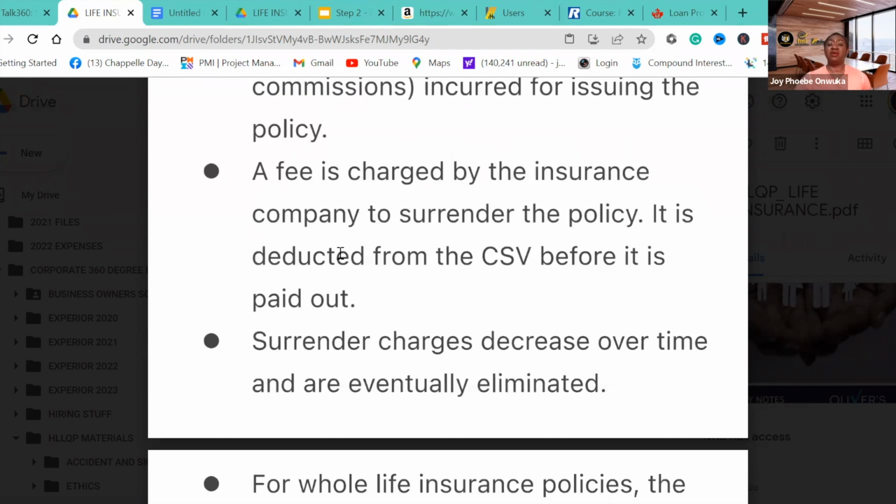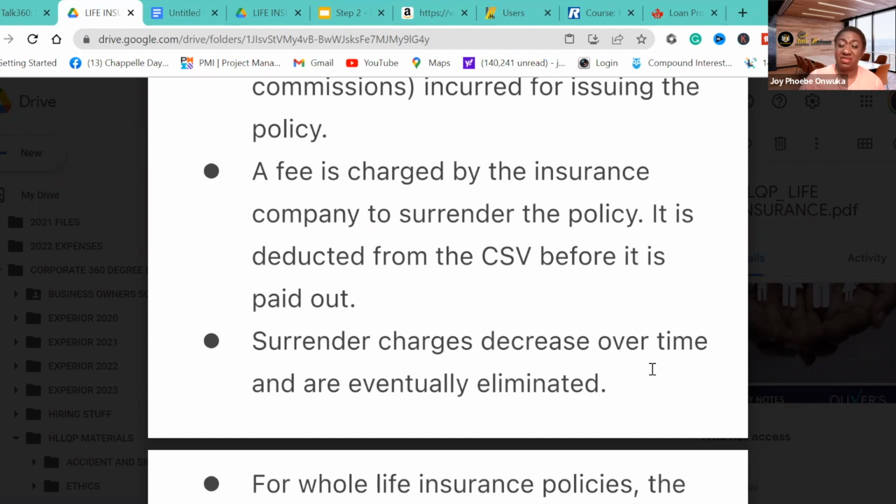Okay? Now, a fee is charged. Now, do we understand the cash surrender value, right? That is the money the insurance company levies on the policies to enable the policy to grow enough cash value for the insurance company to take out all their expenses incurred in the cost of setting up the policy. Okay? Awesome. So moving on,